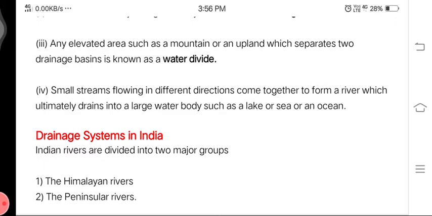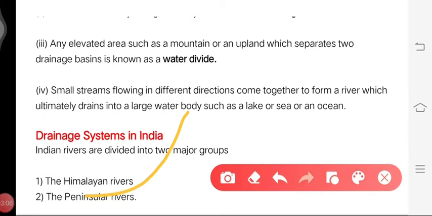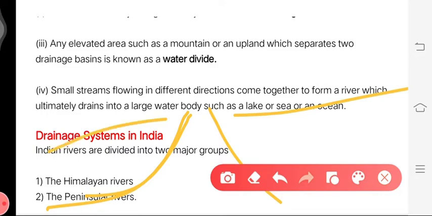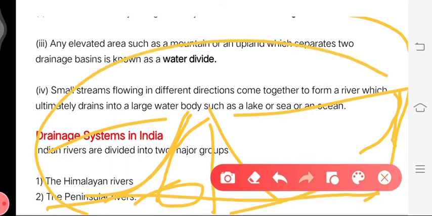It means that the small streams which are flowing in different directions, one in the east, other in the west, all come together and join in a main stream, and this main stream with its tributaries ultimately